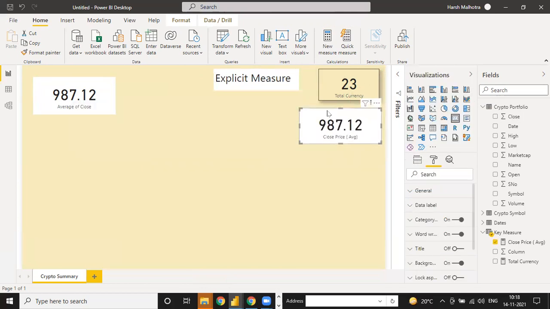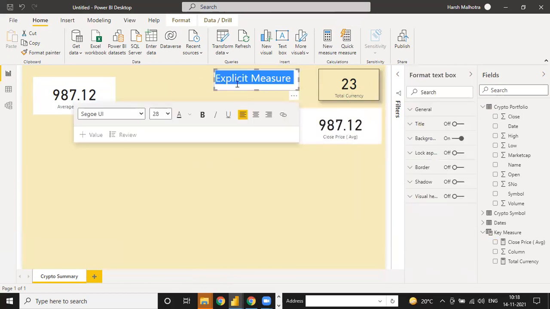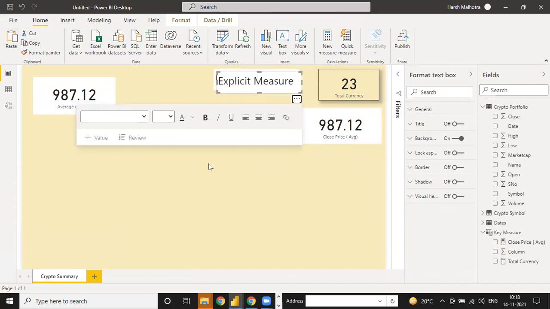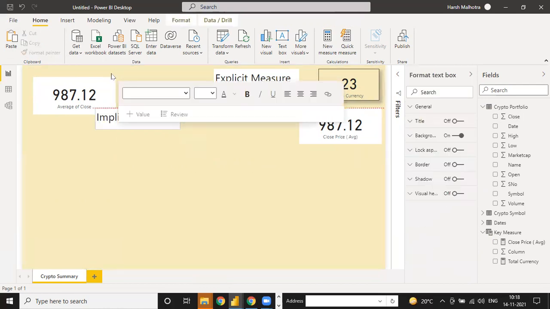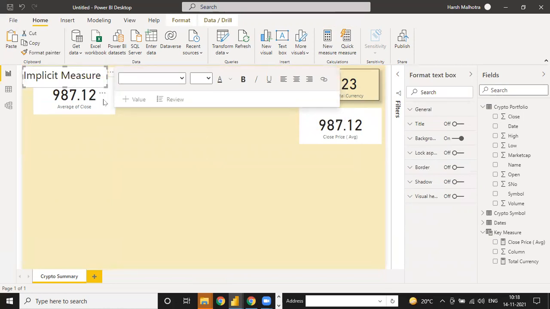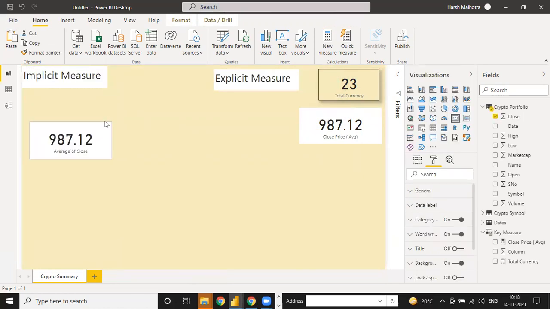This is called an explicit measure. Same way, copy and paste it, and instead of explicit I write it here as implicit. So this is the implicit measure.